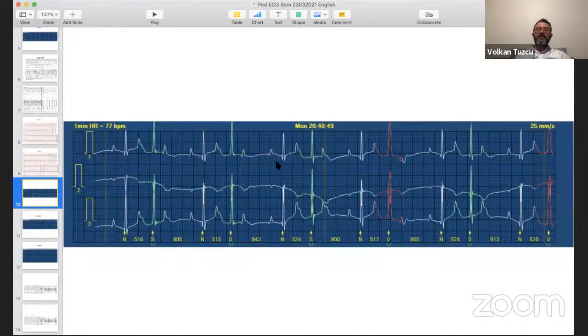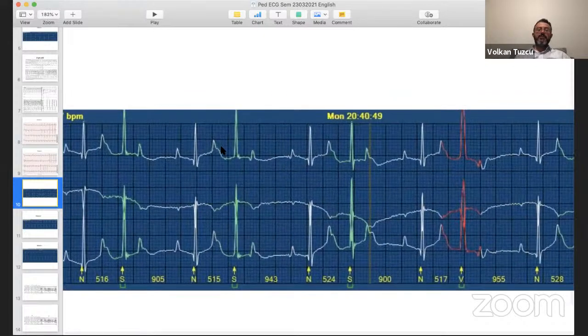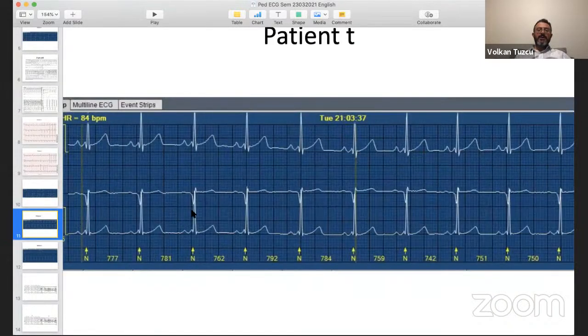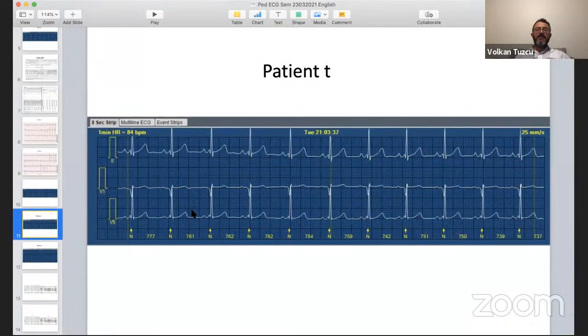So yeah, when the T waves are on P waves, it can be confusing, but again, if you use a caliper and pay attention, you have the same morphology coming on at the expected time, okay? All right, next one is a different patient.